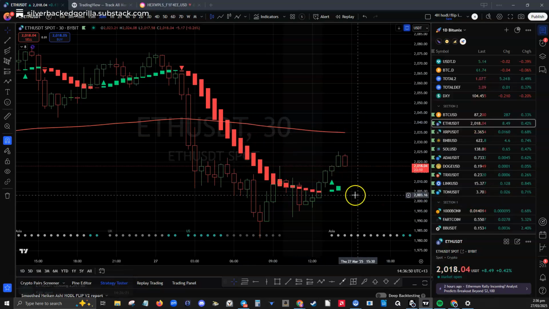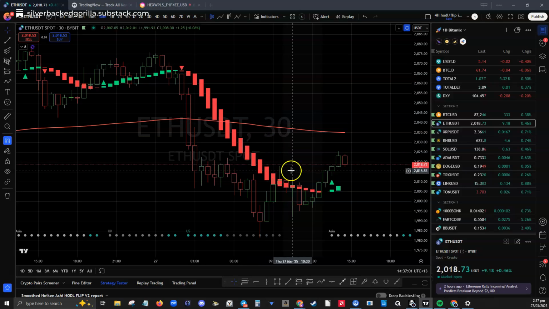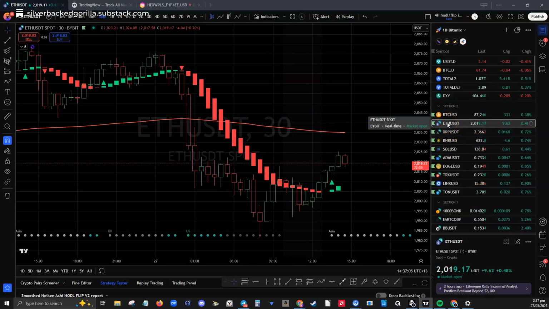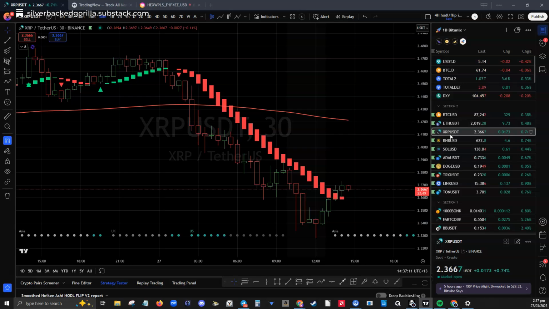So let's limit ourselves to only the ones that have actually already got a buy signal on the 30 minute. It has to be on the 30 minute, otherwise it's a little bit like we're jumping the gun. So that sort of narrows it down a bit more. So let's say ETH on the 30 minute, we're okay. So I'm just going to put a tick next to ETH. Let's have a look at XRP. XRP, not quite, not yet.